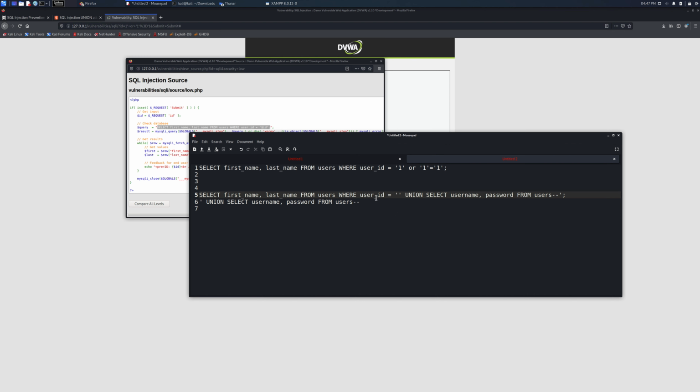So now we're saying that where user ID equals empty string, then we are going to make a union select from username, and we don't have any username table, so we just say users, because we know that from the users table here, and then we have the password because we assume that there is this password table. So we take this and then we keep these two strings right here, because they will make this obsolete, as SQL will treat this as a comment. So if we copy this right here,